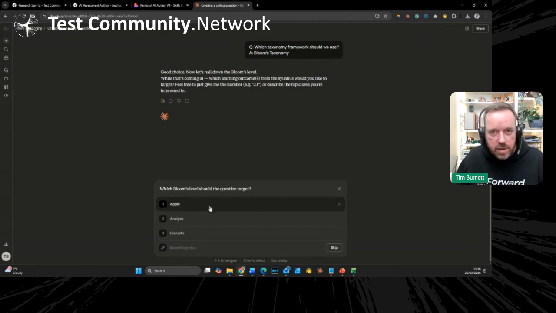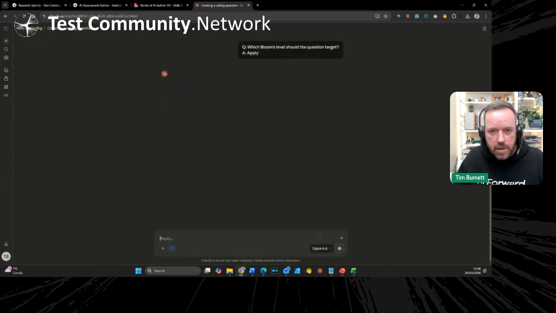So none of that, where one team's worked on ChatGPT and given me a CSV, and I've got to try and mash it all together. Because they've been using the skill, everyone will be giving you CSVs with the same format and layout, and they'll have been through the same process. So I'm going to go apply.